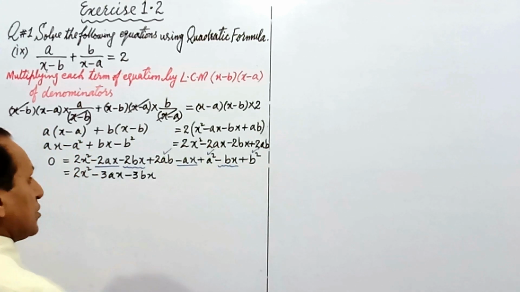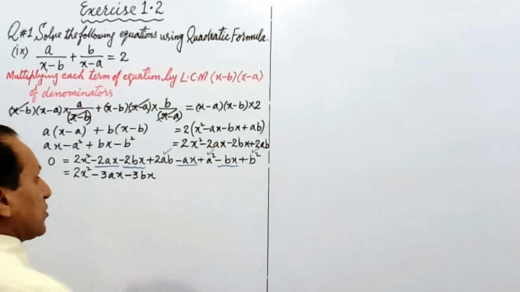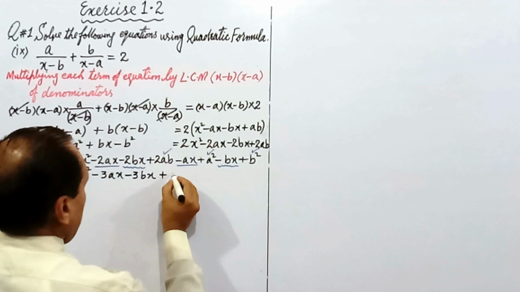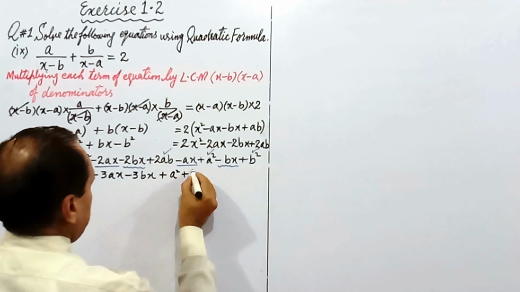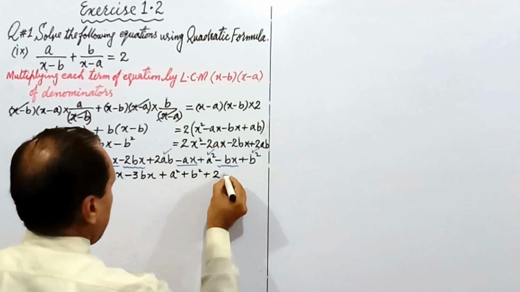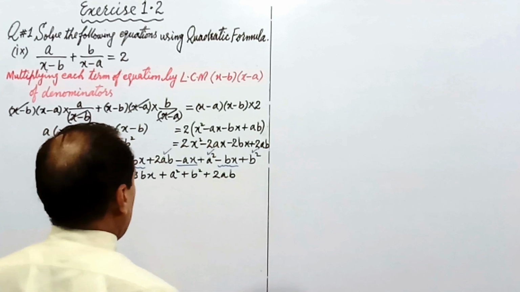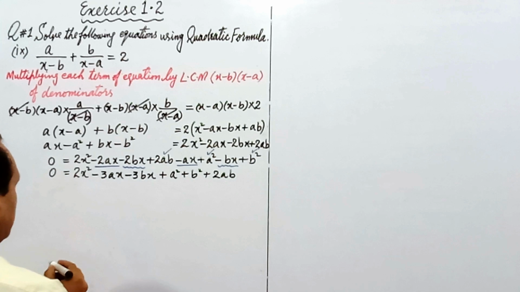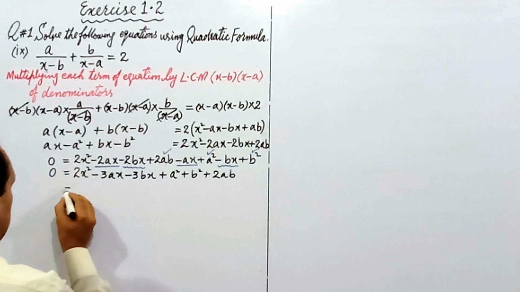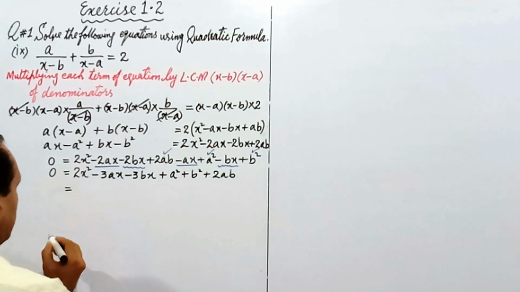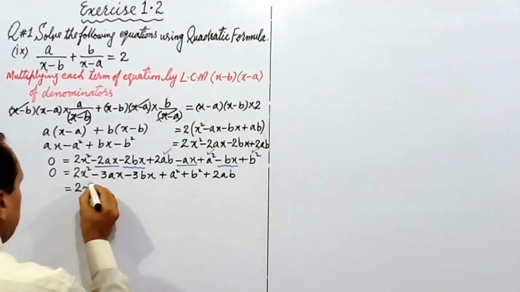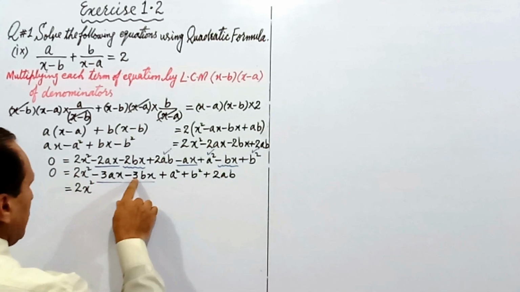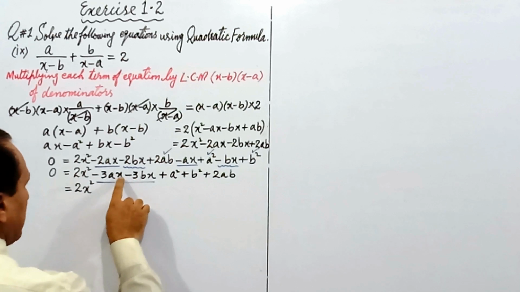These are the three terms of the basic formation of a formula. We arrange these values like a square plus b square plus 2ab so that we can apply a formula in the next step. 0 is carried to the left hand side. Now we simplify this right hand side further. 2x square is carried, and in these two terms minus 3 is present in both terms on the left hand side and x is present on the right hand side.